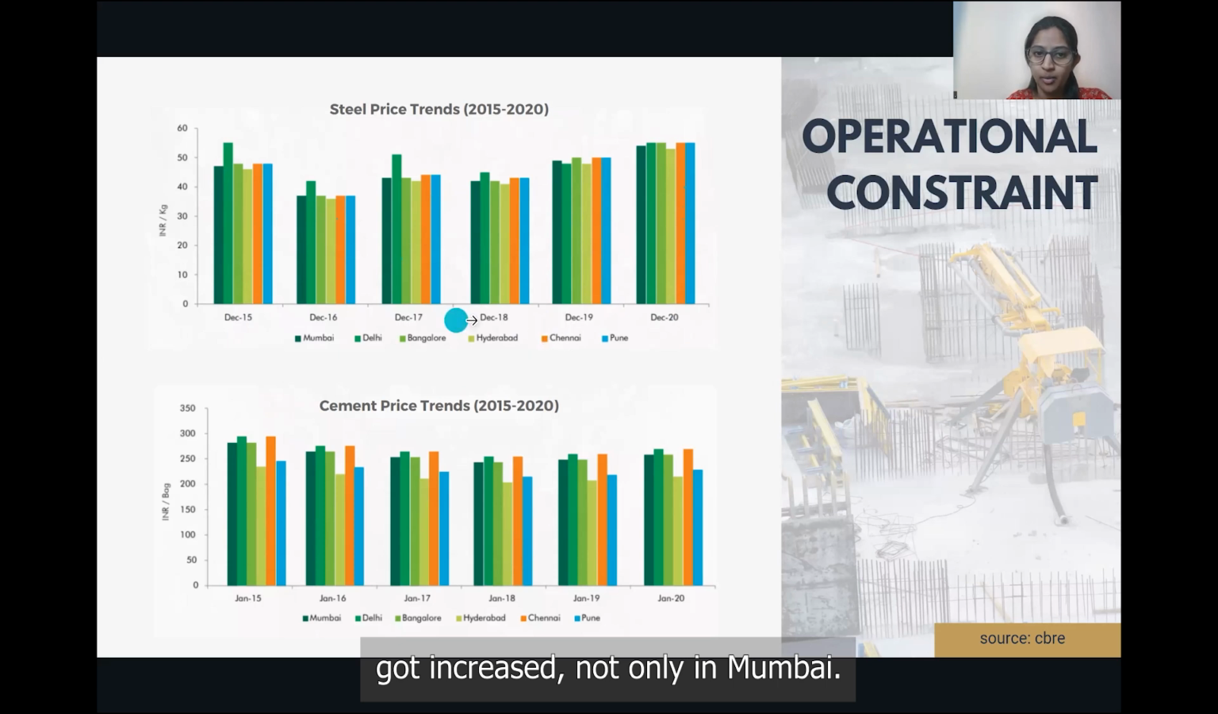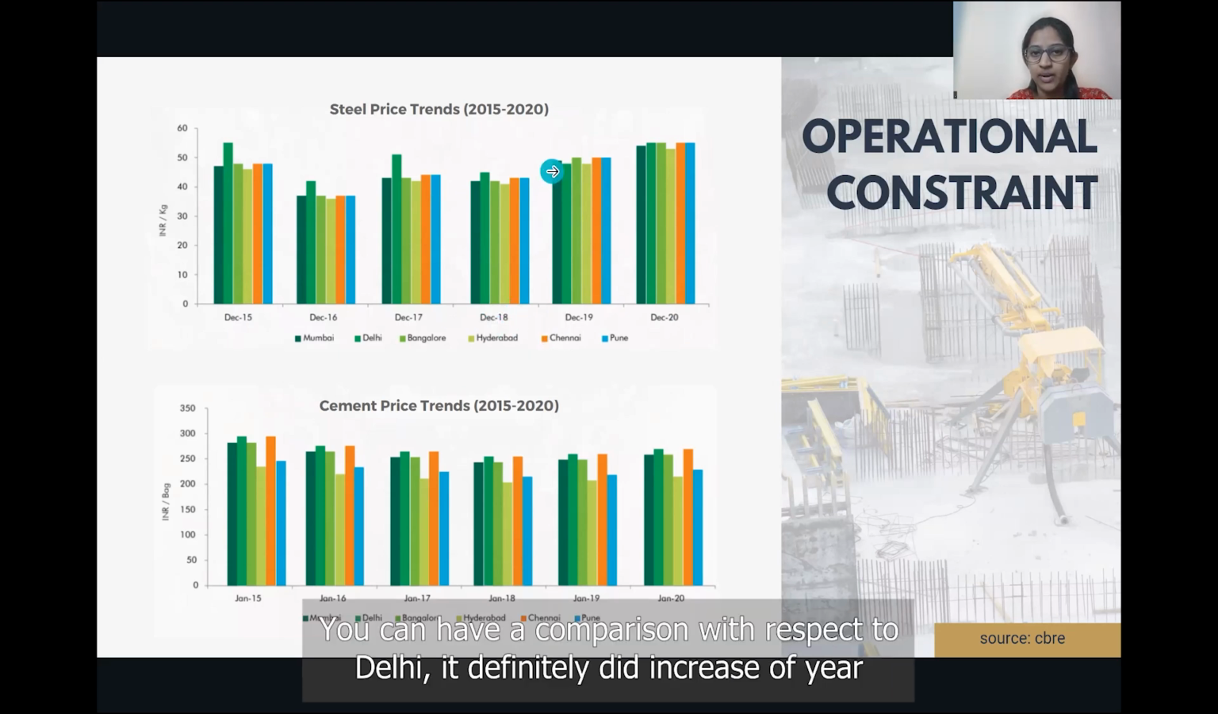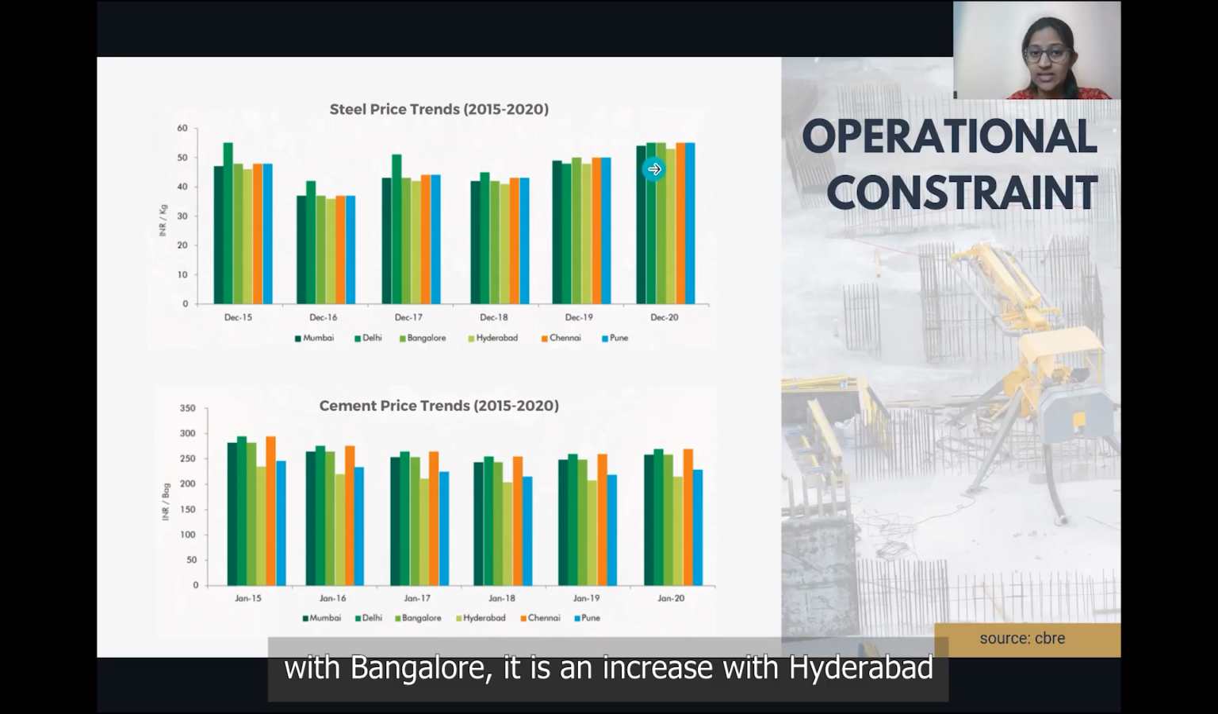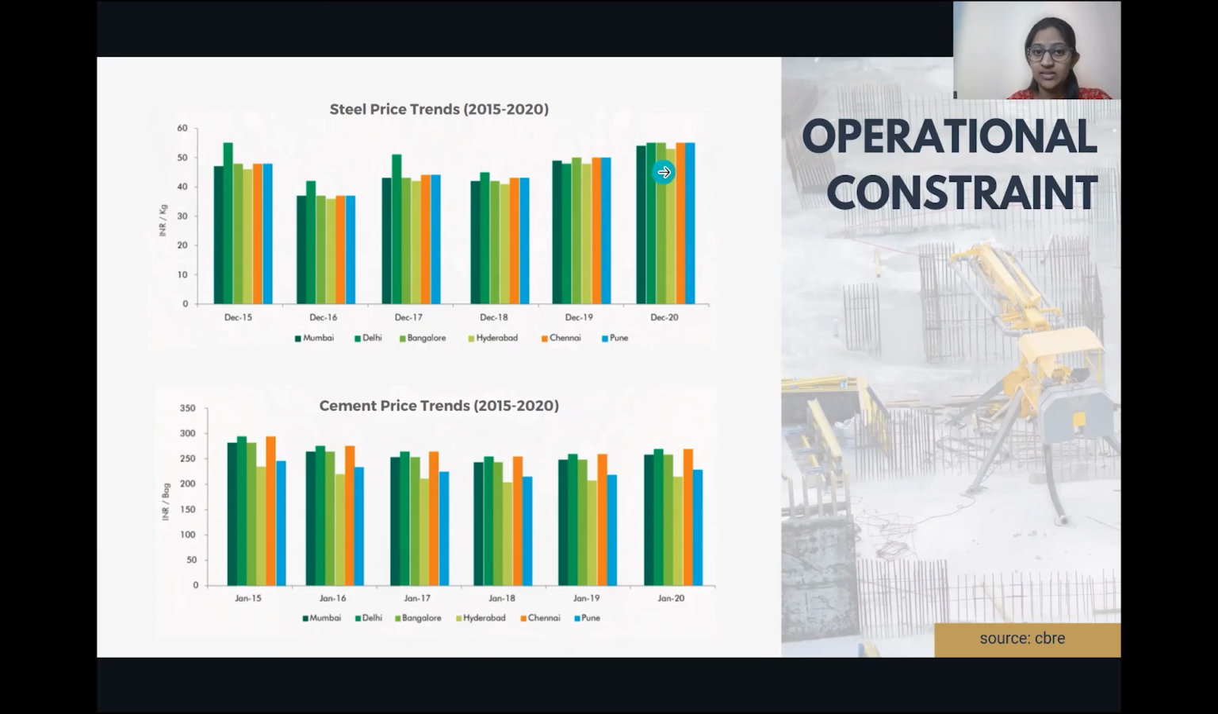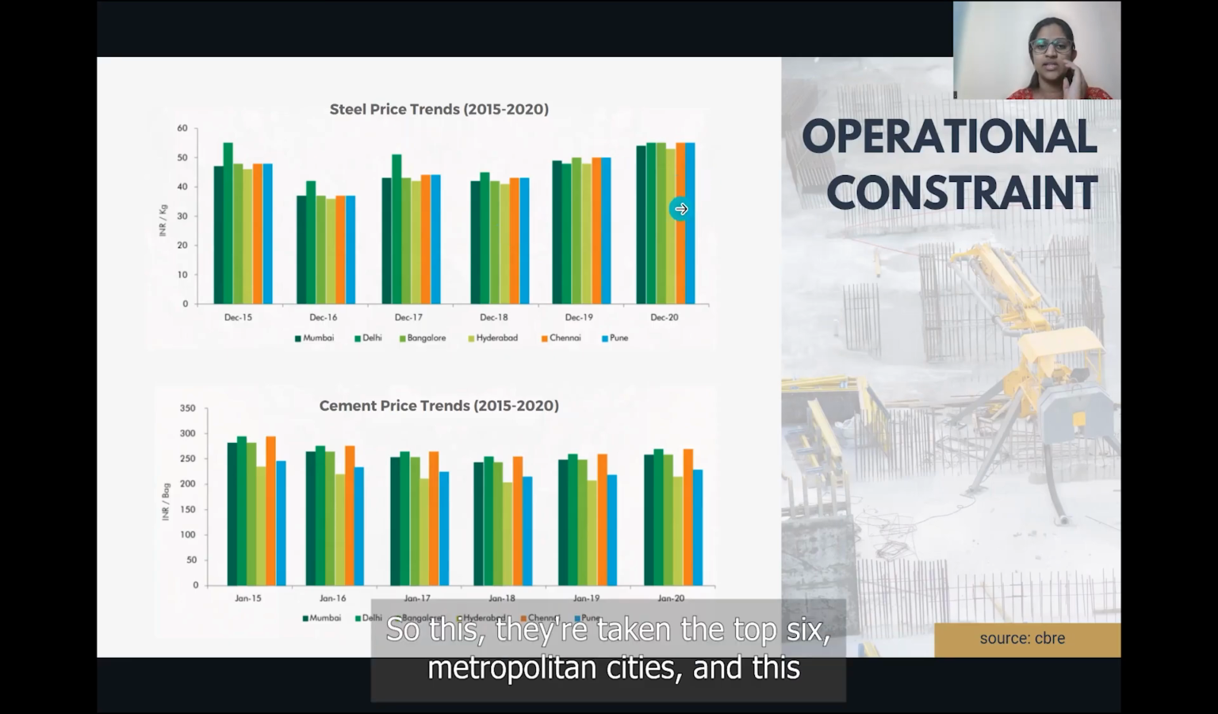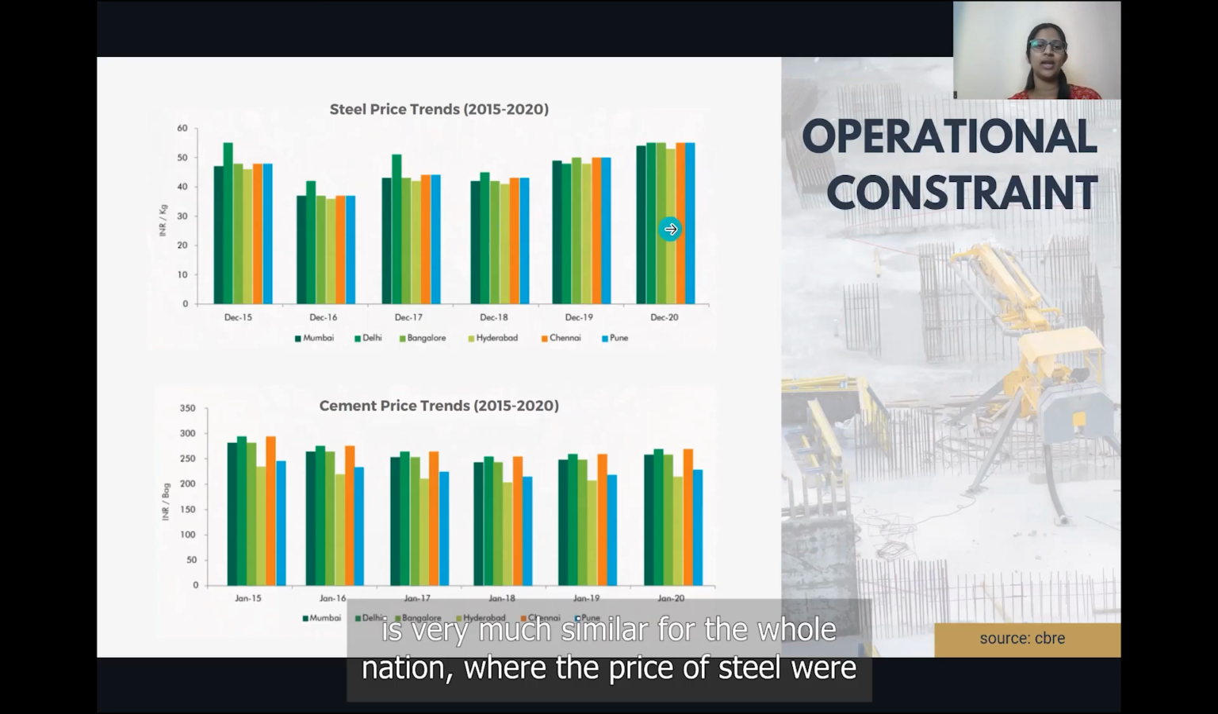Not only in Mumbai, you can have a comparison with respect to Delhi. It definitely did increase over here. With Bangalore, it is an increase. With Hyderabad, it's an increase. With Chennai, it's an increase, and also with Pune. So they've taken the top 6 metropolitan cities, and this is very much similar for the whole nation, where